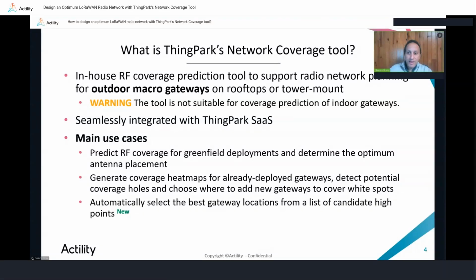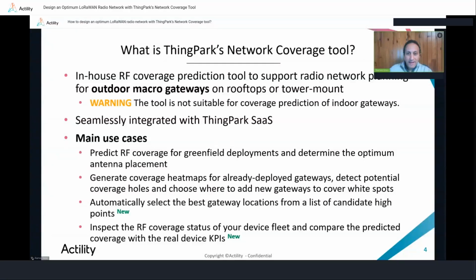Whenever you plan to add new gateways, a new feature added in the latest version of the tool helps you automatically select the best gateway locations out of a list of candidate locations. This feature is called Smart Antenna Selection, whereby all you need to do is to provide the tool with an input list of candidate sites, including the antenna height above ground in each candidate location. You should also set the target coverage percentage that you want to achieve within the geographic area that you need to cover. And then the tool shall run an iterative process to determine which gateways should be activated so as to fulfill your coverage requirements with the minimum number of gateways.